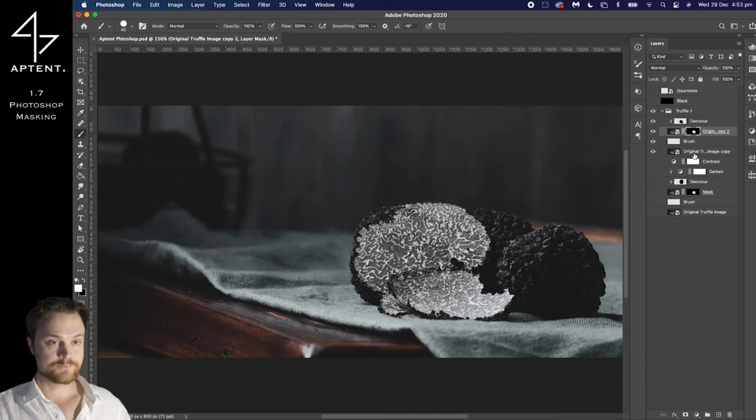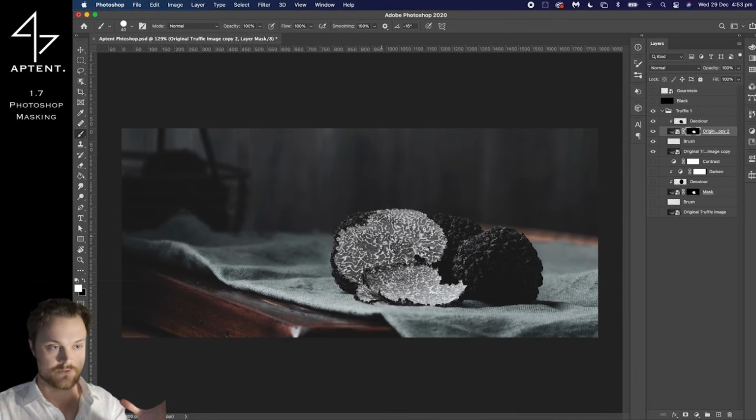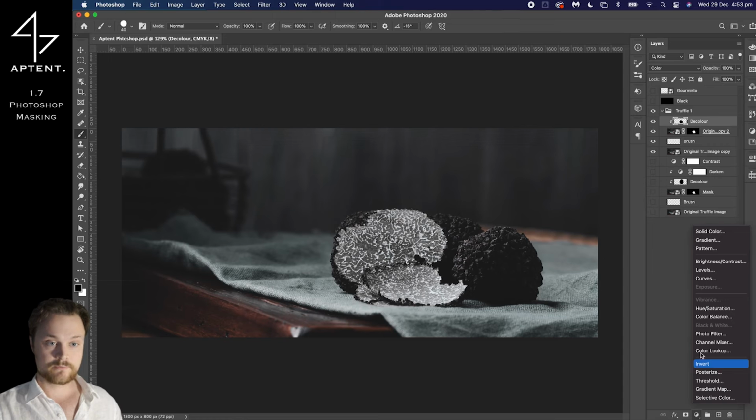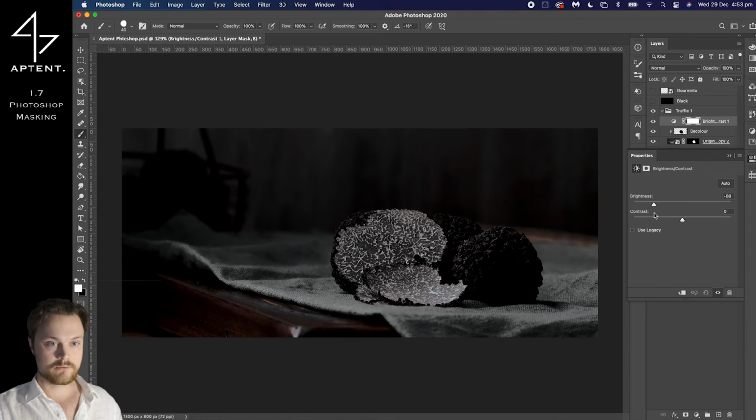Already that looks great. However, I then kind of want to darken this, because if you've never seen the flesh of a truffle before, it looks fake, right? Like, the white's kind of okay, but the black part of the gleba, the flesh inside, looks really, really fake. So what we're then going to do is add a new adjustment layer for brightness and contrast. We're going to take that brightness down till maybe about like